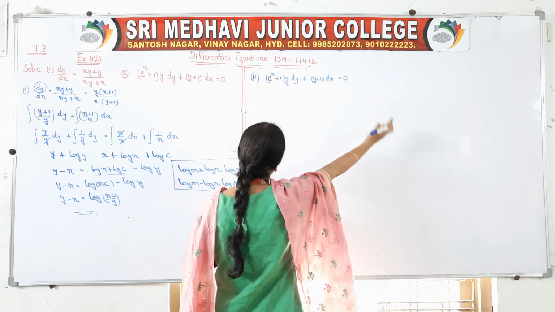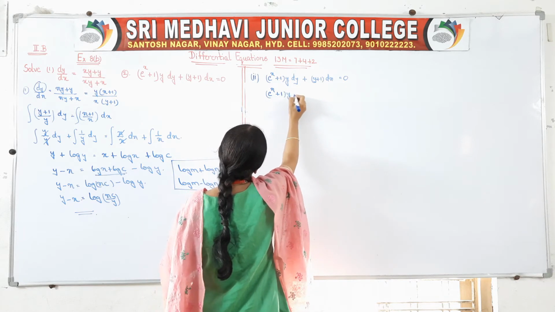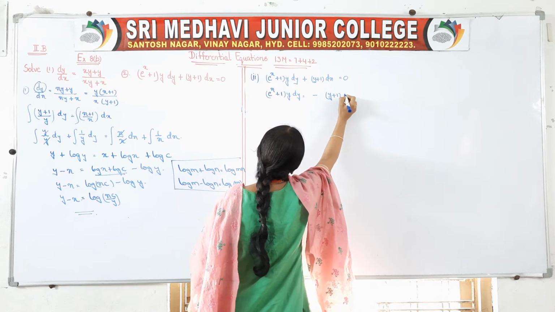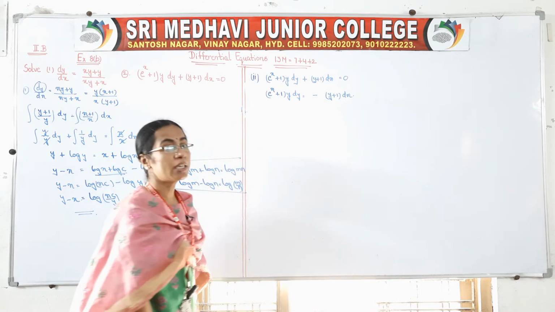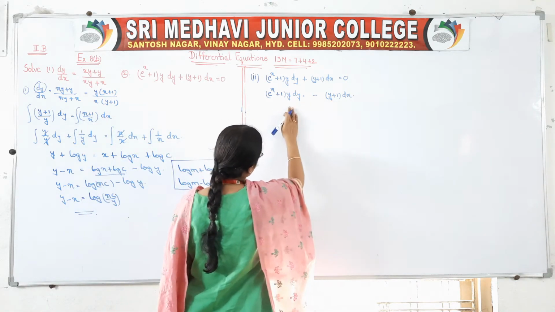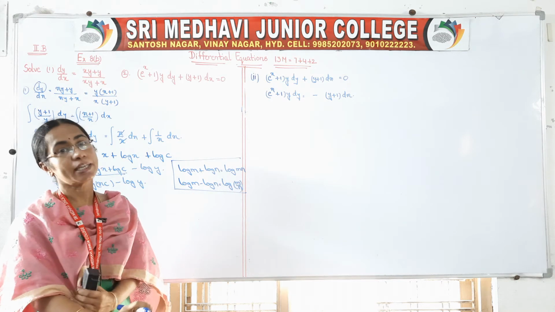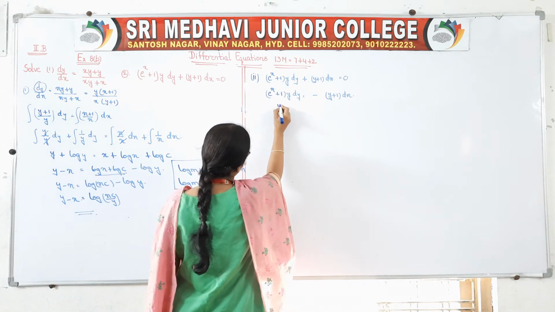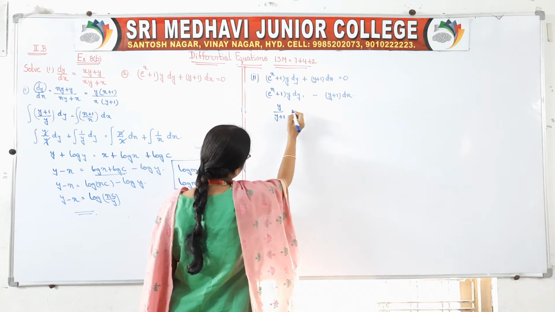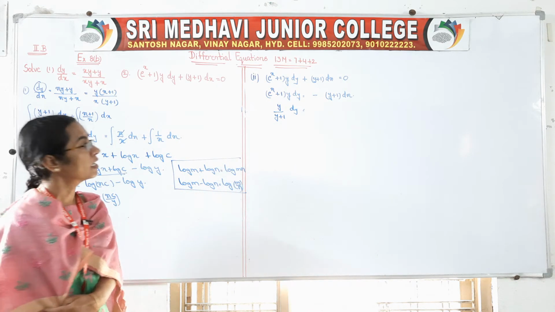So how can we rearrange? First you send this term to the other side. Then what happens? (e to the power of x plus 1) into y dy is equal to minus of (y plus 1) into dx. Okay, y terms into dy it should be, so bring this y term to this side, dy is this side. So all the y terms should come along with dy, right. So it is y by, here it is multiplying with dx, so it comes downwards, it divides, isn't it? So if we send the multiplying value to the other side, it divides, right.